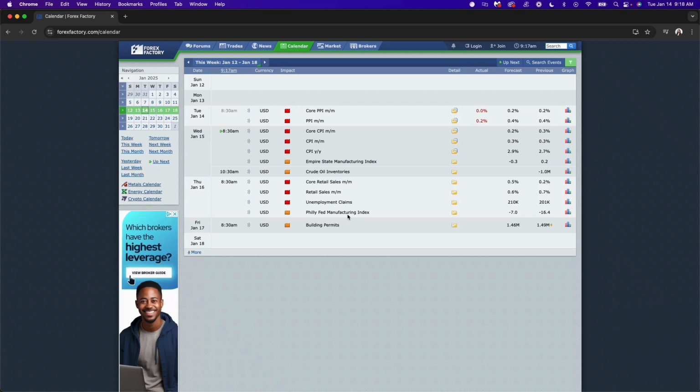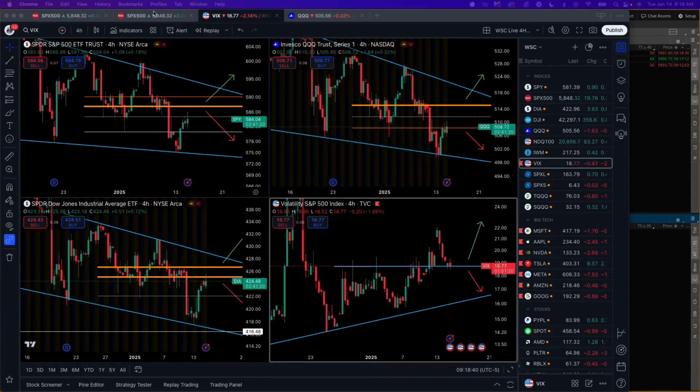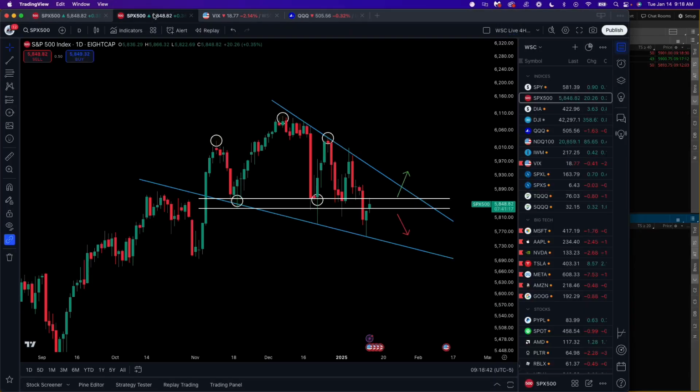All right, so the market is initially having a bounce. From a fundamental perspective, this would be good news for the markets. Initially, that would mean a continuation of the pre-market bounce we're seeing. But now let's go to the chart and see what we have. All right, so in the chart, this is what we have.